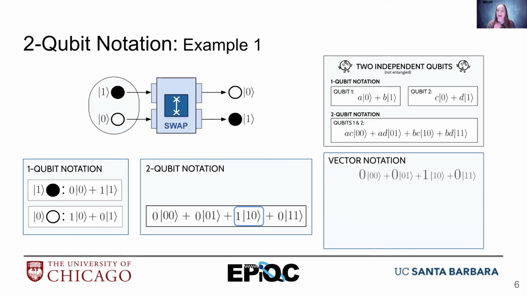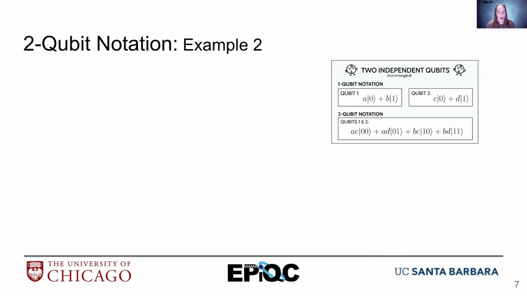All right, so we apply the swap gate by doing a matrix, but first we need to put this in vector notation. So as we recall from vector notation, we look at the number in front of each of these terms, and this is when order really, really matters. So I have to have ordered these in increasing order, 0, 0, 0, 1, 1, 0, 1, 1. And then I rotate that and put them vertically in the vector. And now I'm all ready to do my calculation. So now that we've put it in 2-bit vector notation, now I can go and actually calculate it.